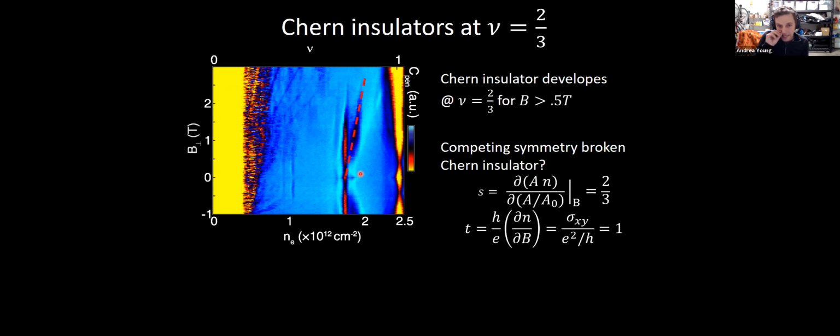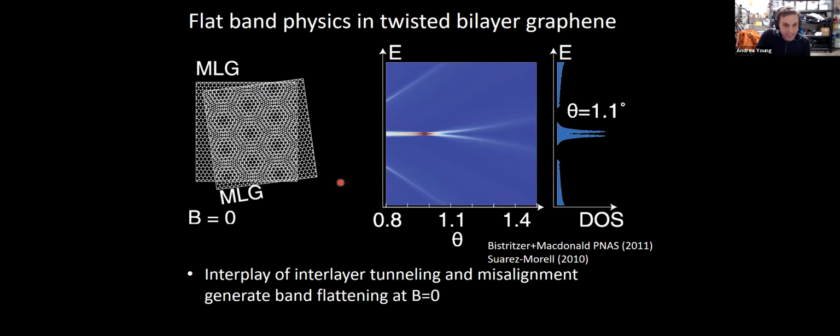These are some type of state that is a Chern insulator, so it has a specific relationship between charge density and flux, but also breaks the superlattice symmetry by, say, trebling the unit cell. Okay, let me change topics a second and try to get back to this question of pinning of orbital magnets and whether we can achieve quantized anomalous Hall effects, changing to a different system. So this is twisted bilayer graphene. Twisted bilayer graphene is a bit different.